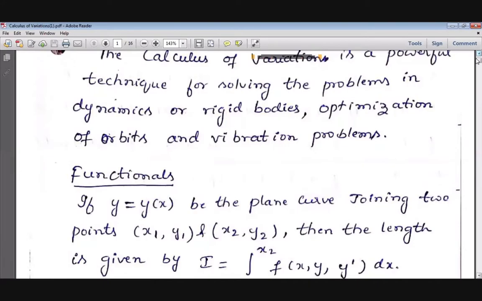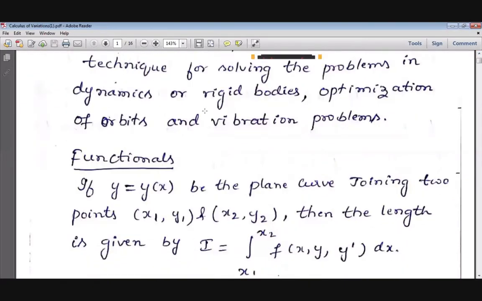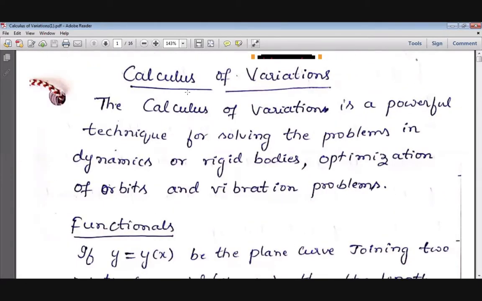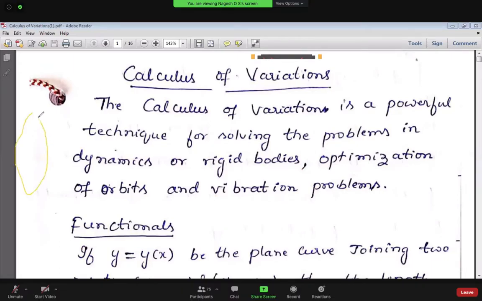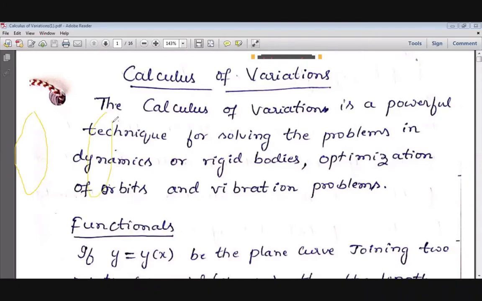Now before going to calculus of variation, we will study what is a function. It is not in calculus of variation; you studied this previously. What is a function, and so on. You know domain, range and all. This is the domain, let this be A, and this is the codomain, let this be B.